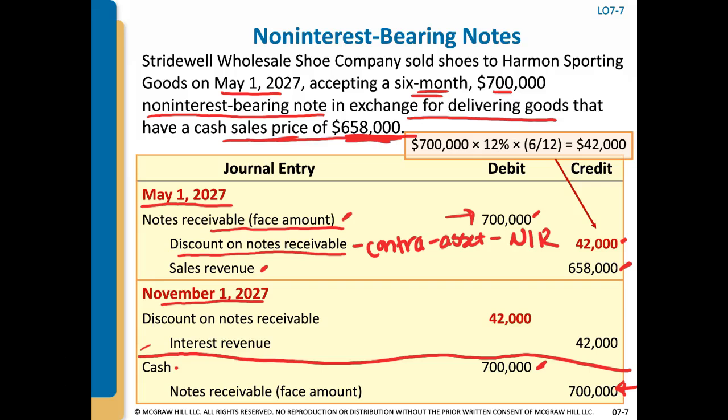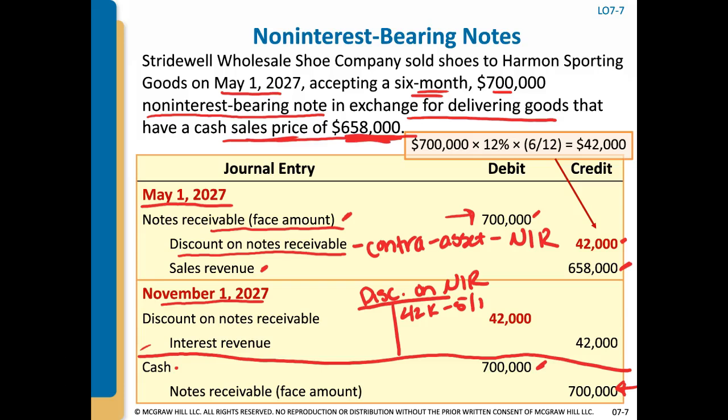Additionally, so now on my balance sheet, I have this discount account, this discount on notes receivable. It's a contra asset, and I booked it on May 1st. It was $42,000, right? That's what I booked on May 1st, $42,000. And now I have to,